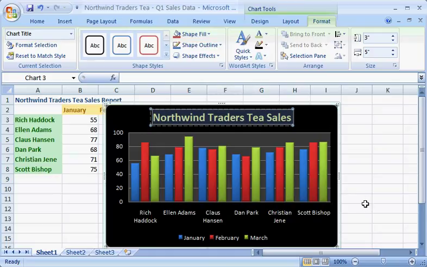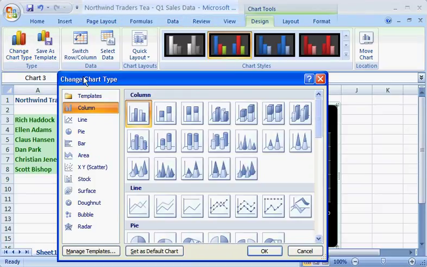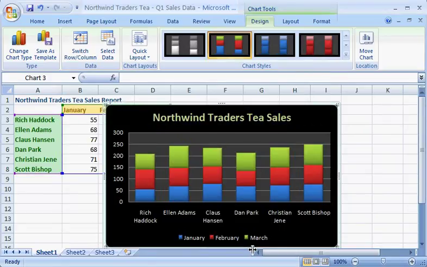This chart looks good, but a different chart type might make it easier to compare information. Take a closer look at the chart types. This time, try the stacked column chart type. Now, each employee's sales are condensed into one column divided by month. This makes it easier to compare performance month to month and to quickly see who sold the most tea overall for the quarter. You can even pause the pointer over a section of a column to see the actual numbers